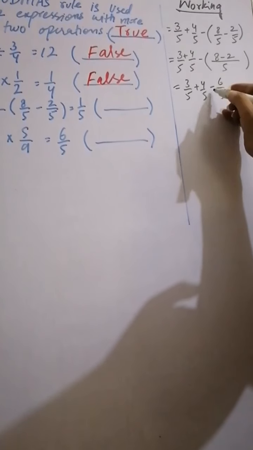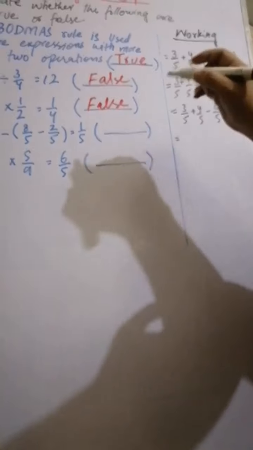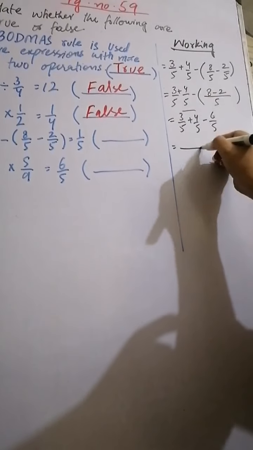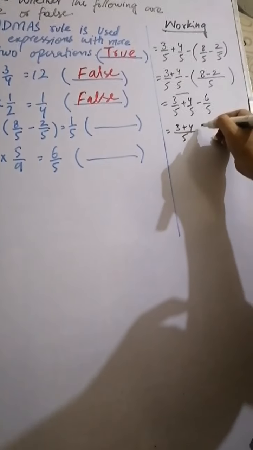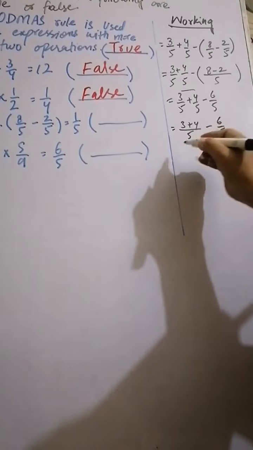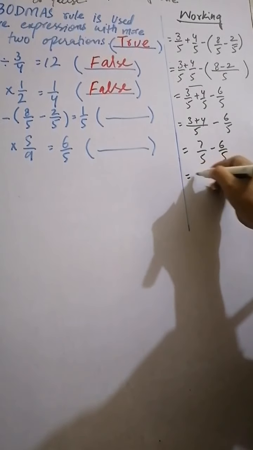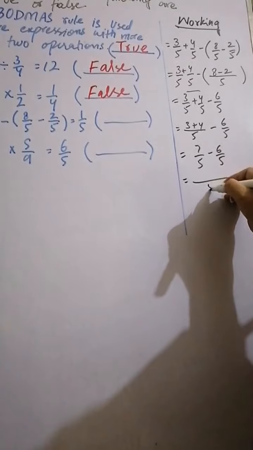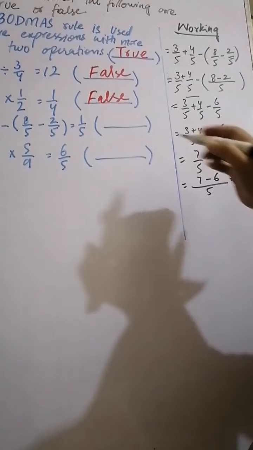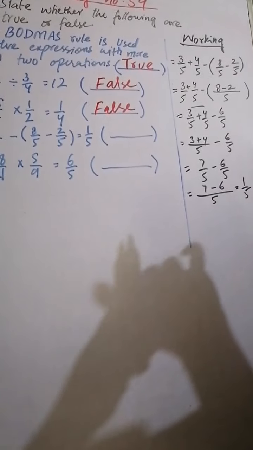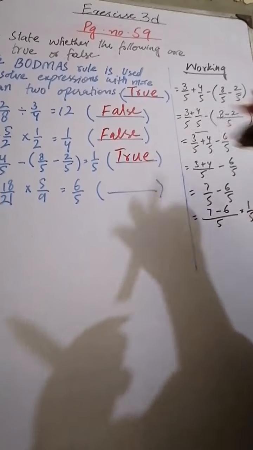Correct? So minus and addition, subtraction, addition. First of all, according to BODMAS, we will solve addition over here. LCM is the same, the numerator will be the same, and 6 by 5 we will write as it is. It's 7 by 5, we know that it's 6 by 5, so the denominator is the same, LCM is the same, and the numerator we will write as it is, so it's 1 by 5. 1 by 5 and 1 by 5, these are the same answers, so we can write it's true.